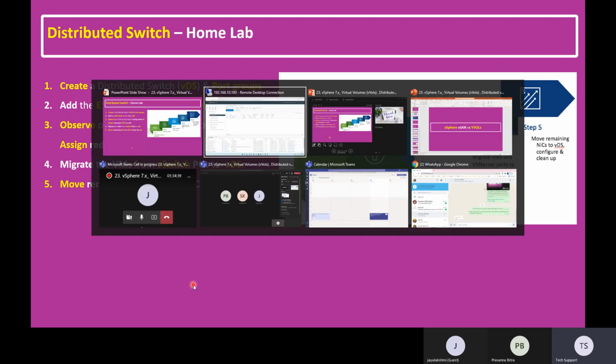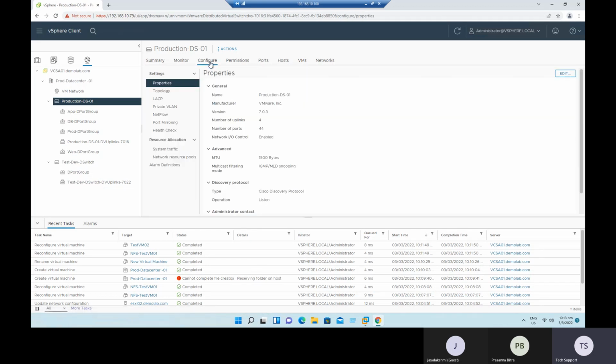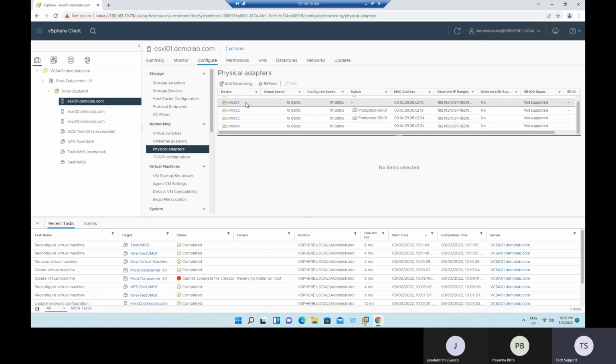Suppose in future you want to add any NIC card to our distributed switch, go to the configuration tab. Or else there is another method: go to hosts and clusters, select the ESXi host, and first verify how many NIC cards are free. If you see here, we can observe how many NIC cards we have: vmnic0 to 4, 5 NIC cards are available. 2 NIC cards are already added to the production DV switch. Suppose I want to add another NIC to another